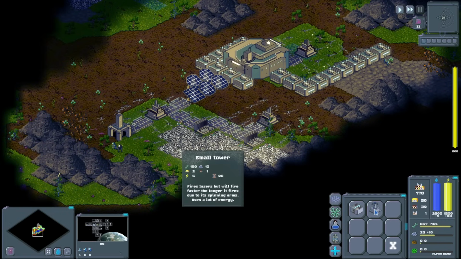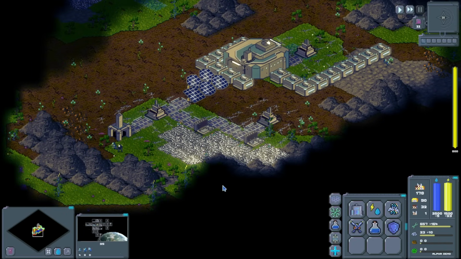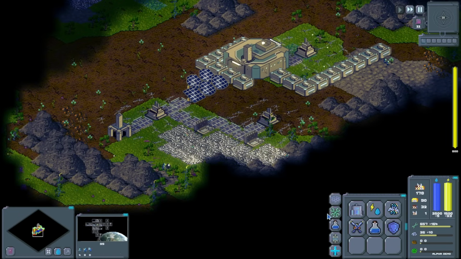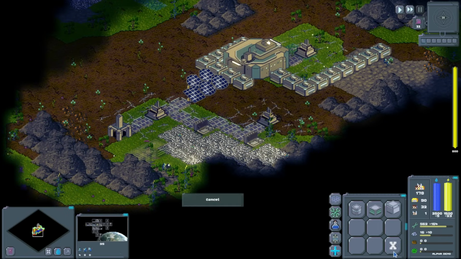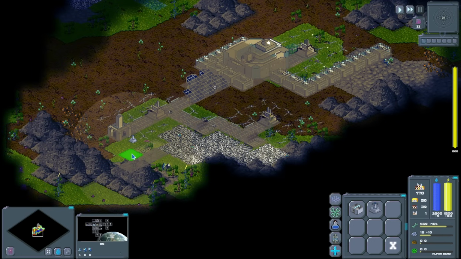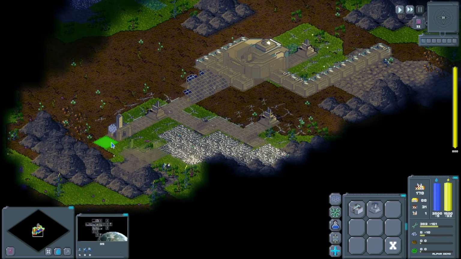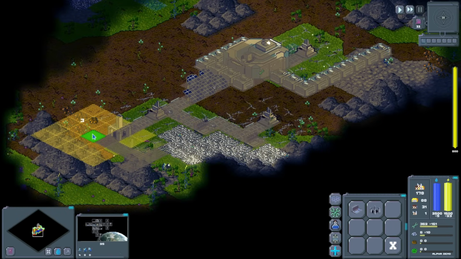Okay, let's pause. Let's actually get a defensive tower down. Oh, there's another one of these guys. It seems like they're mostly coming from this lower section. So if I can put a gate here and walls here and then a singular tower right here, I think we have enough power. I'm just going to hook that up. And then lastly, we also want to get a drill mine right